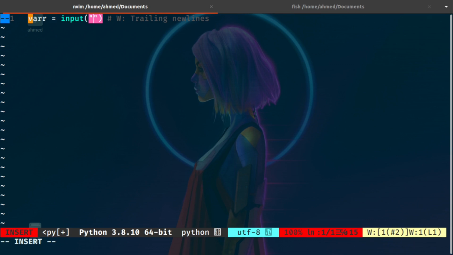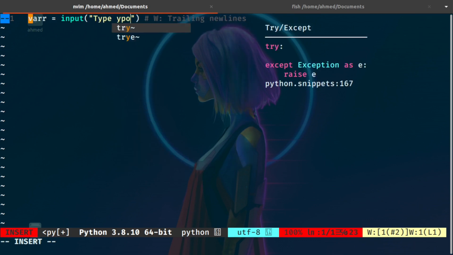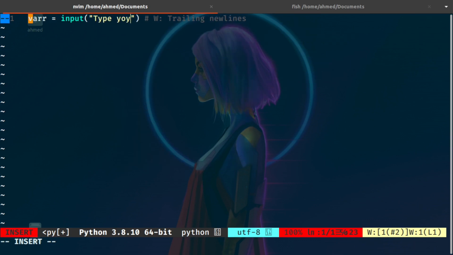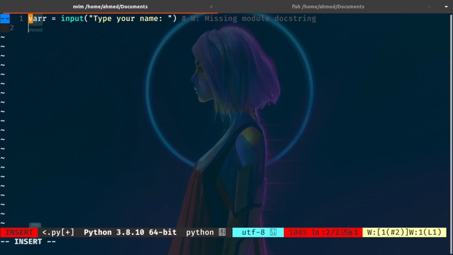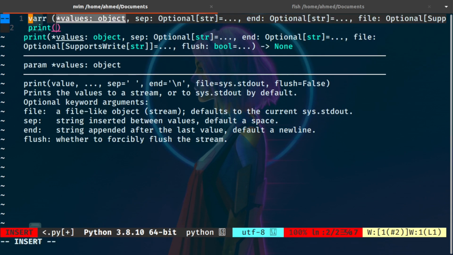Like for example, I can say type your name, like this. Please add some space, and here when I receive the name of the user, I just print it out for them. I tell them your name